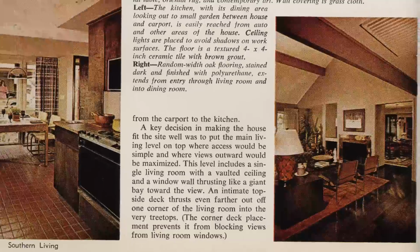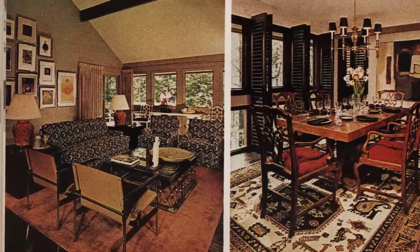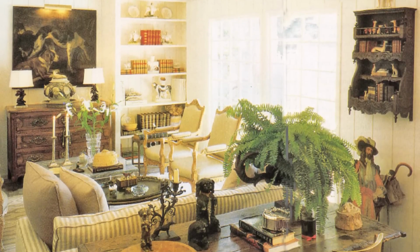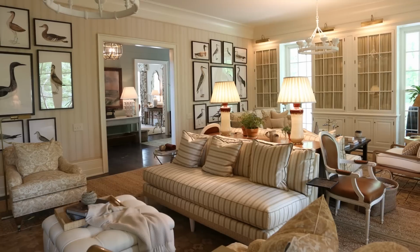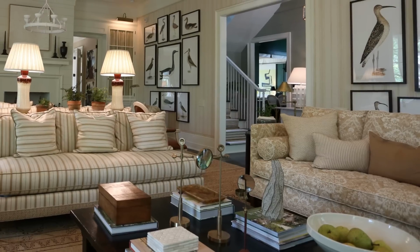This is the 50th anniversary of the Southern Living Idea House, and we were given inspiration pictures to be inspired by for our rooms, and I picked a gorgeous neutral interior. I believe it was from the 80s, and I just loved the elegance and the comfortable nature of the room. This particular space is a very large space, and I wanted it to be able to have multiple seating areas